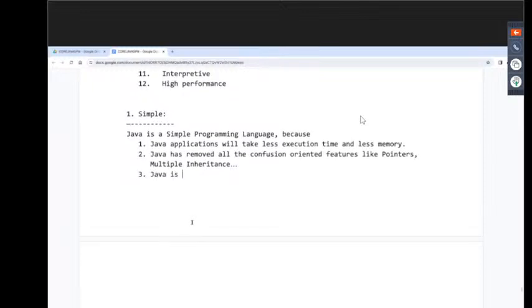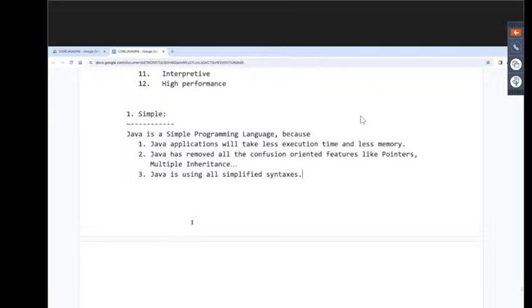Java is using simplified syntaxes. Then what is this simplified syntax? Quite opposite to the high level syntaxes of a standalone application: int i = 10. Very simple syntax. Observe carefully, guys, what I'm telling. Declaring